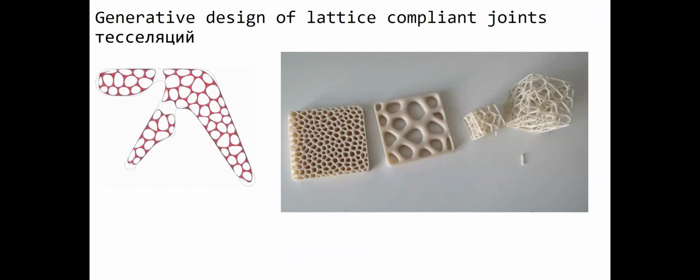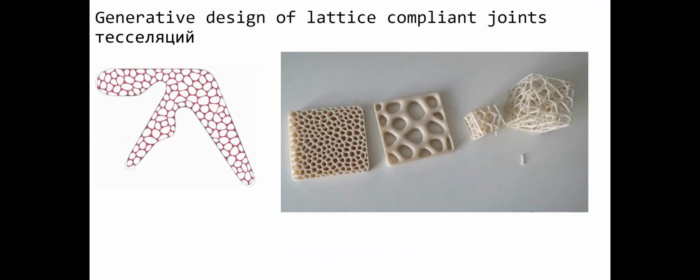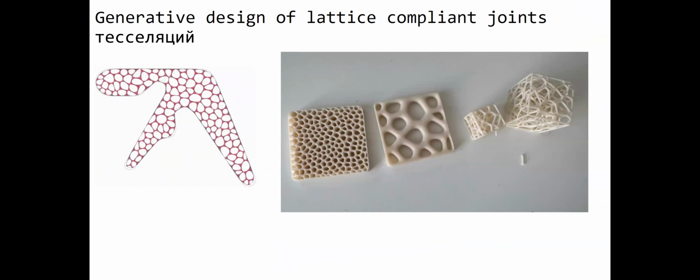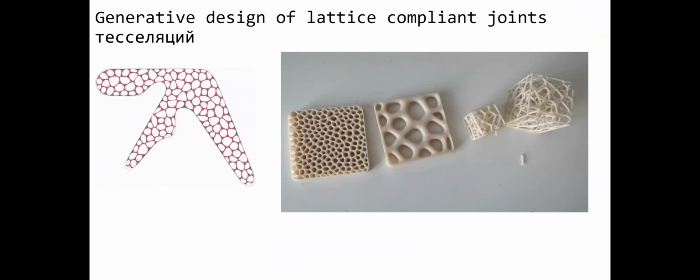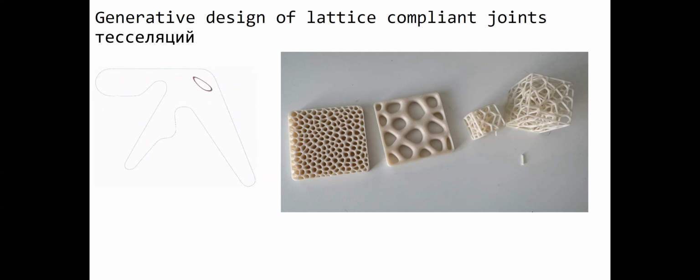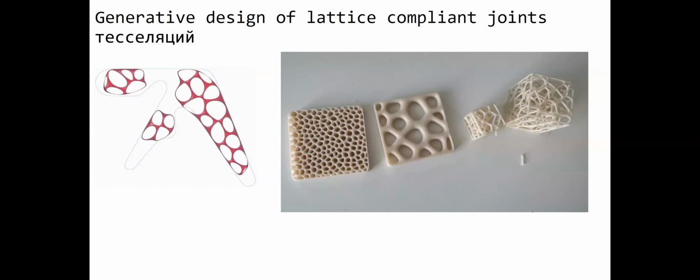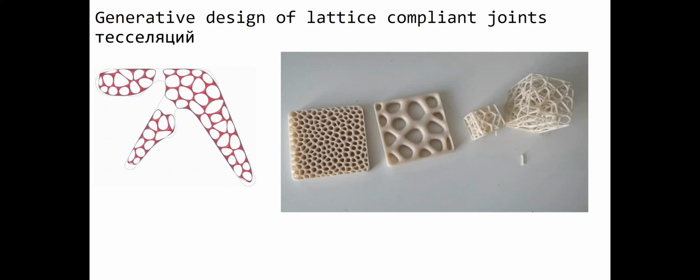Generative design of compliant joints from tessellations. What's the idea? What's a compliant joint? It's something which deflects, or in other words, bends. You can use this elastic deformation. Most mechanical designs try to overcome the elastic deformation because they say it's bad, but the key thing here is to use this for the better, because elastic deformation allows the robots